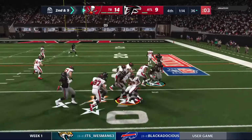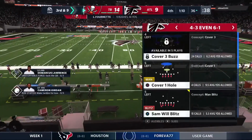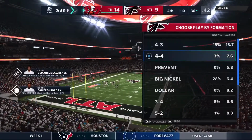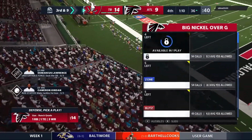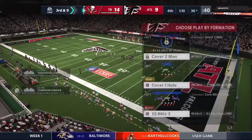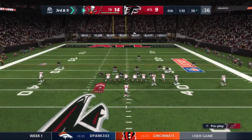They'll try and run some clock here as they keep it on the ground. Looking for a crease, can't find one. Stopped at the line of scrimmage. Falcons going to use their third and final timeout as the clock will stop with just 70 seconds left to go in the game. Now play number 7 of this drive, but it's a tough 3rd and